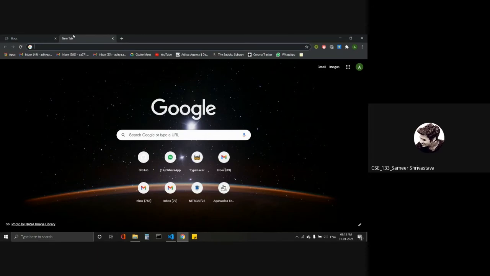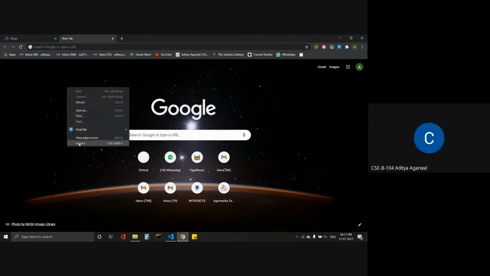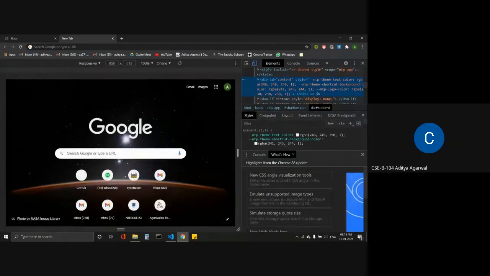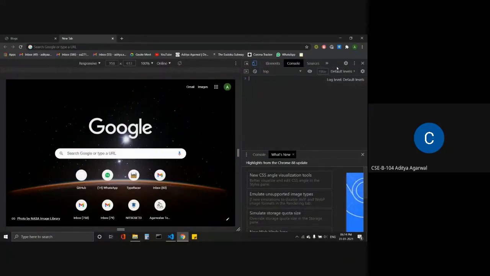Okay, Aditya, continue. So for JavaScript, you need a runtime environment, and you do not need any software for running JavaScript code. Basically, there is a runtime environment called Node.js, but we will not be requiring it for the front end part. We will be requiring it for the backend part when we will be making servers from Node.js.